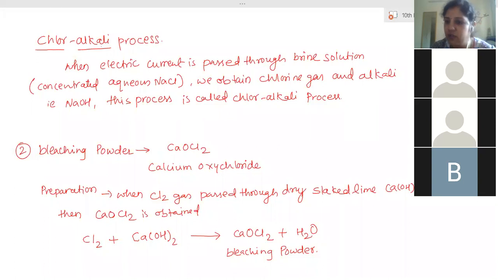In clothes, only white clothes are bleached, not any other clothes. Generally, our school uniforms are white in color. Those are bleached because after use, a yellow stain starts forming. The white shade gets converted into a yellow shade due to atmospheric reactions. That yellowness can be removed by bleaching. So bleach is used for white clothes only; otherwise, the color fades away. Therefore, we use bleaching powder for that purpose.